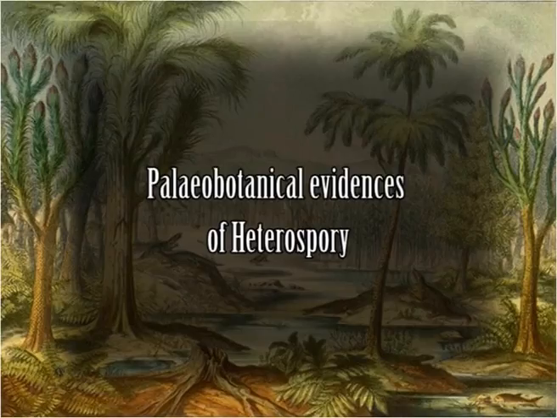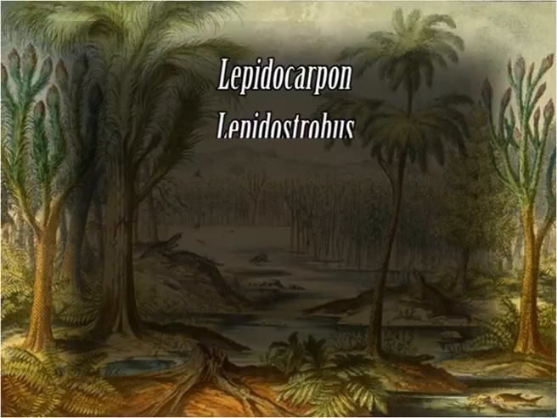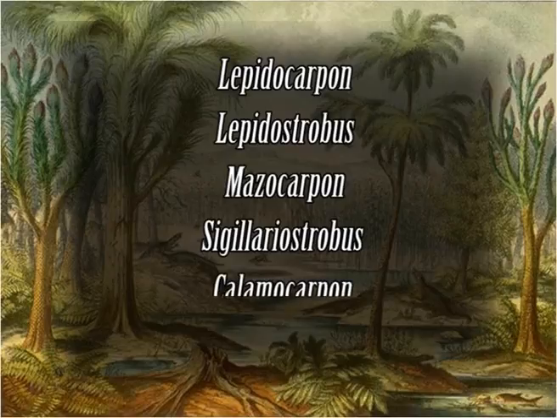Let us first discuss paleobotanical evidences of heterospory. Although most of the earliest vascular plants were homosporous, many fossils of the late Devonian and early Carboniferous period, for example, Lepidocarpon, Lepidostrobus, Mesocarpon, Sigillariostrobus, Calamocarpon and Calamostachys were